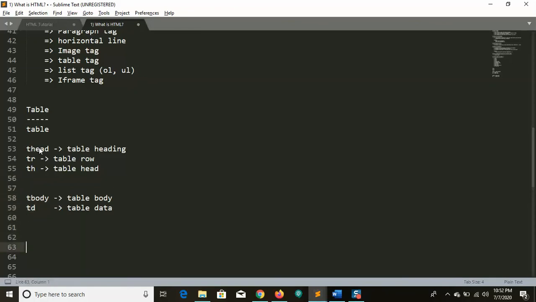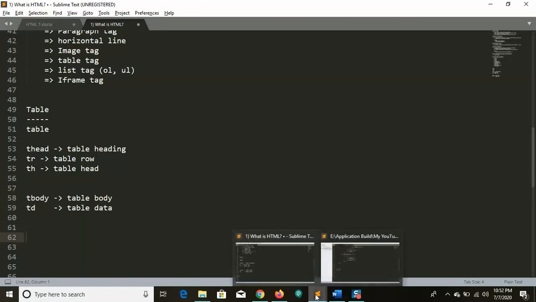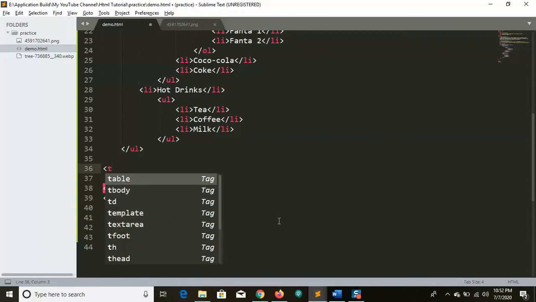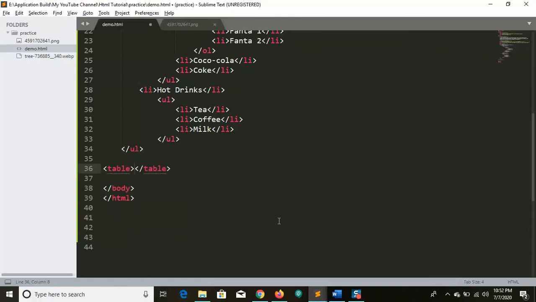So let's see an example of how it can be implemented, one by one. Let me take this as a table. Table is a tag with open and close.